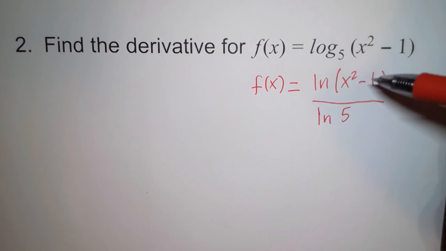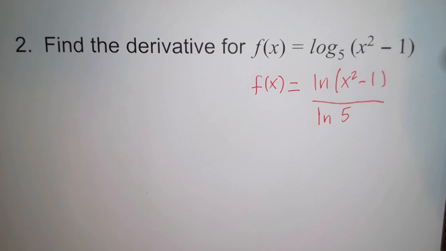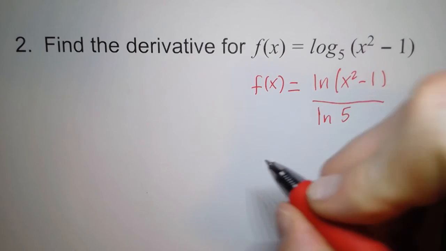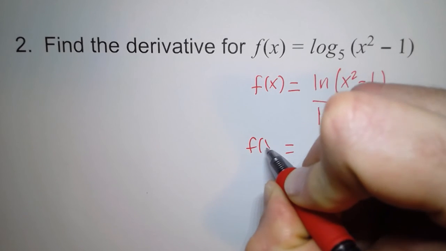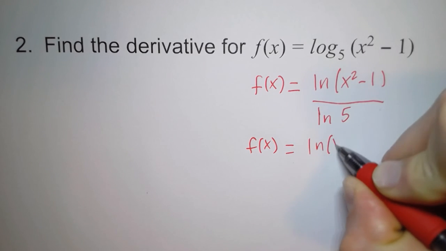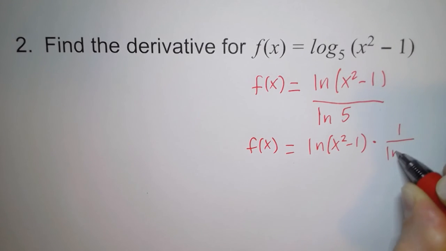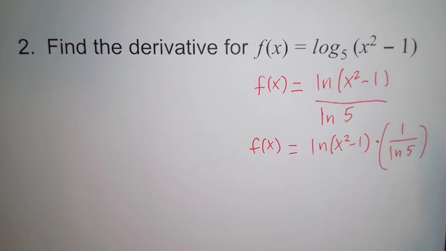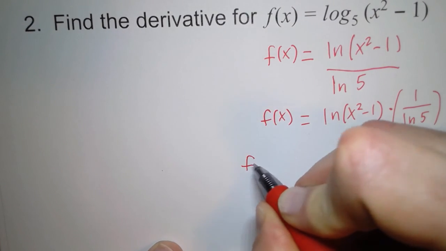So now we have ln and ln. Now ln of 5 on the bottom, that's still going to be a constant just like it was in number 1. But here, when we take this derivative, this is going to involve a little bit of chain rule. Now first, let's rewrite this with ln of x squared minus 1 out front times 1 over ln of 5 separately. Just so we remember, that's a constant, so when we take the derivative, we don't have to worry too much about it. So the derivative, f prime,